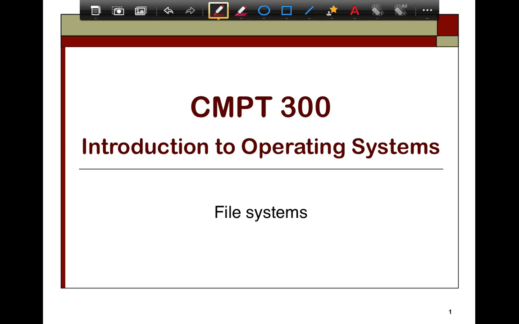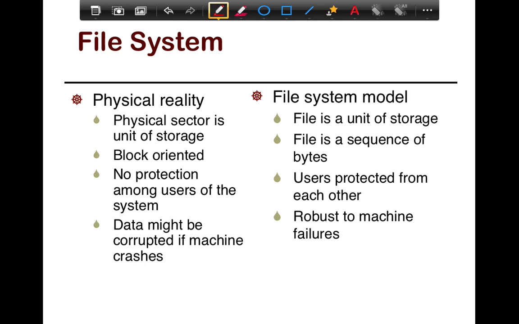Programming abstractions that are overlaid on top of disks to help applications and users store data and retrieve them. File systems exist because disks in reality are a very low-level abstraction. So they view data as blocks. They don't really understand data as such, they just understand it as a sequence of bytes.